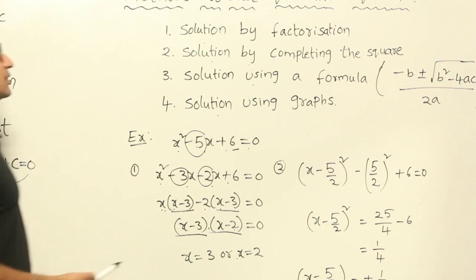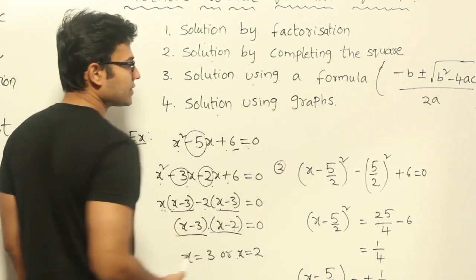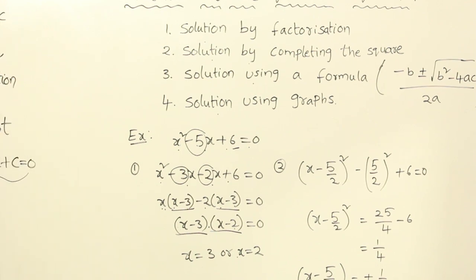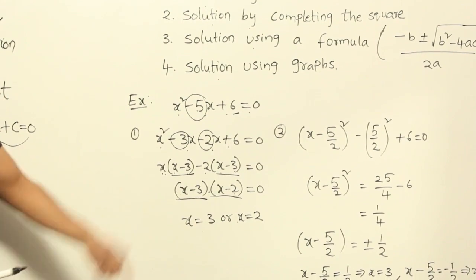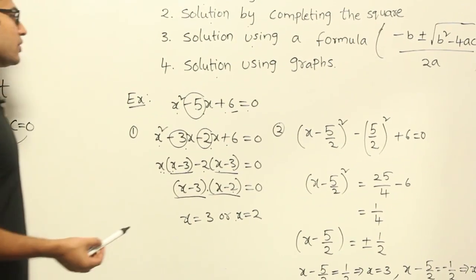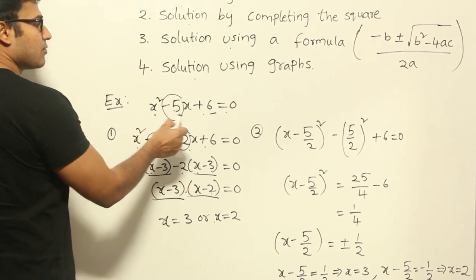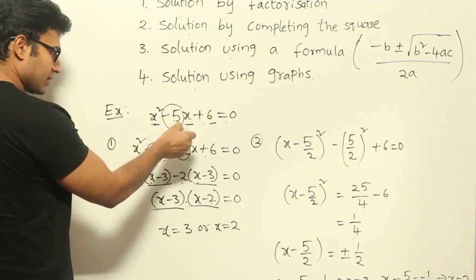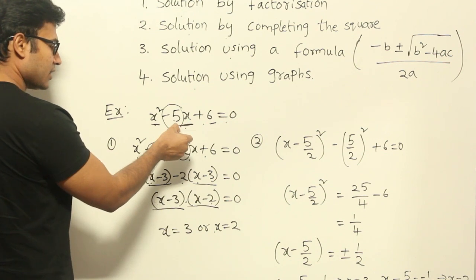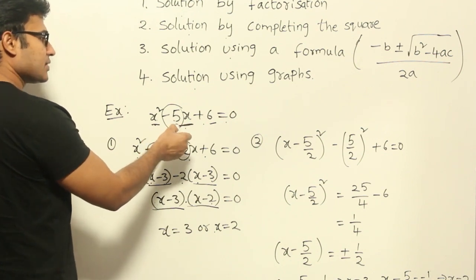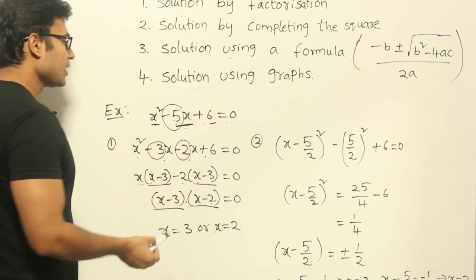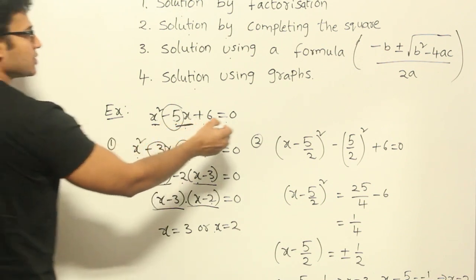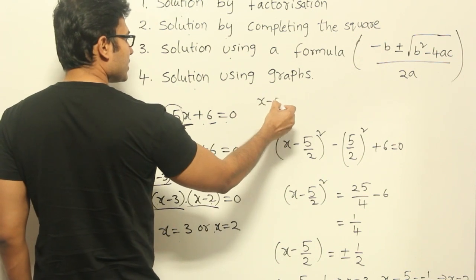And the next method is solution by completing the square. Completing the square means I'll try to write the quadratic expression in terms of squares of two terms, okay? Now if you observe it, x square minus 5x is given, right? So if you just see x square minus 5x, I could write it as x minus something whole square, right? So if I write x minus 5 whole square, see what I mean to say is I want to write it as x minus, let's say,